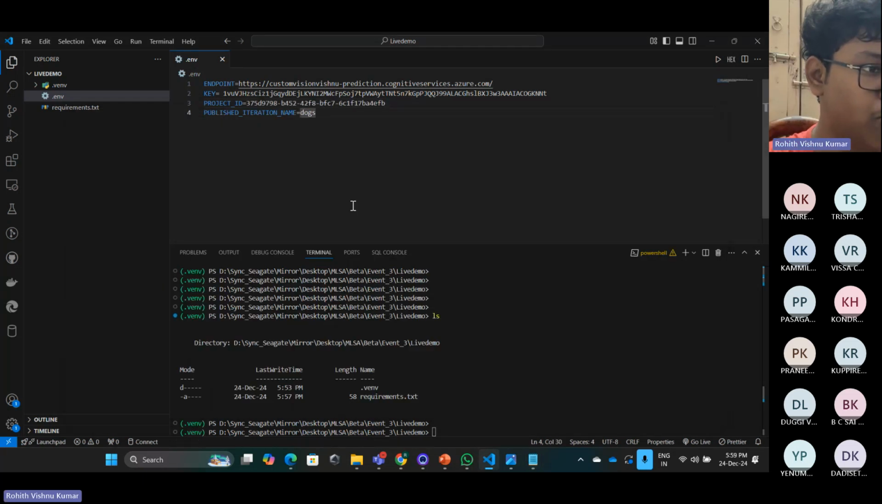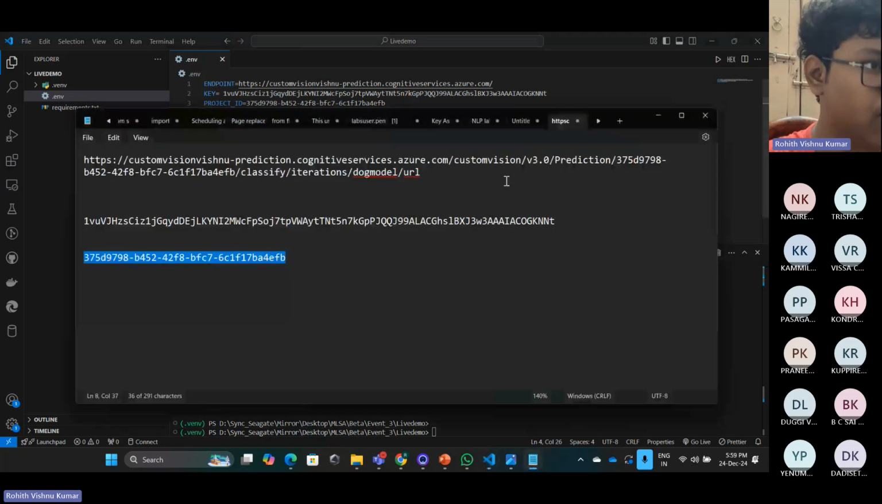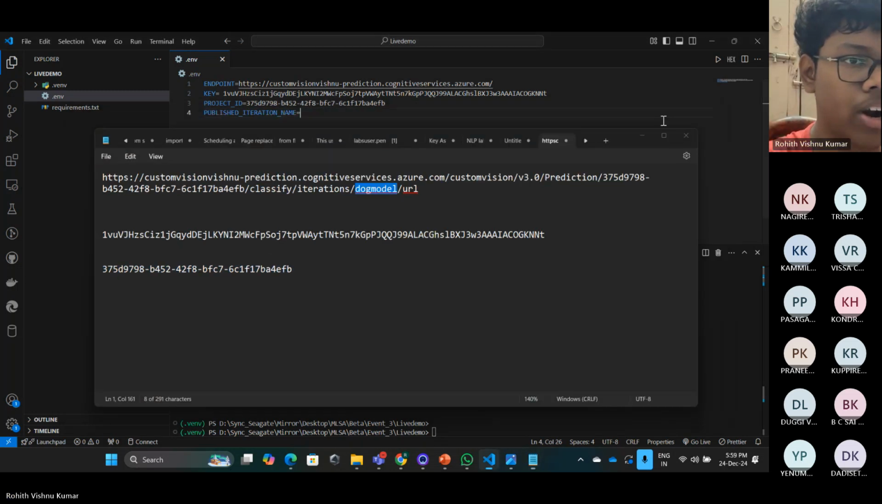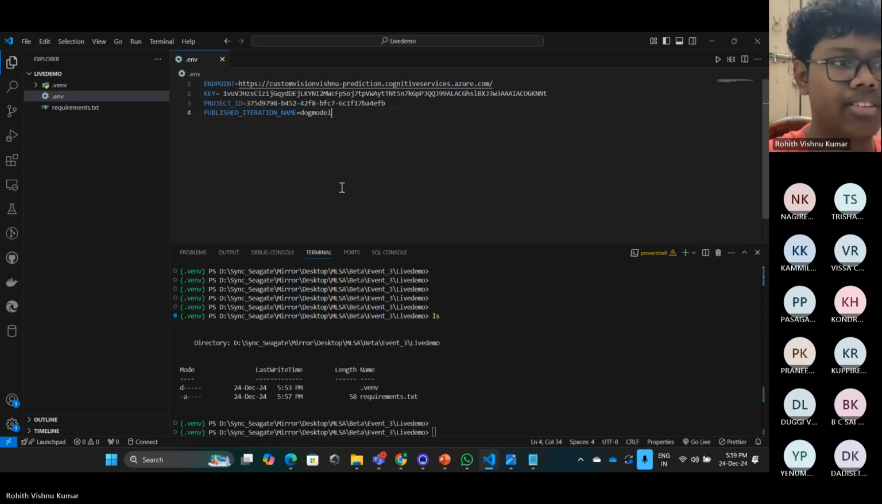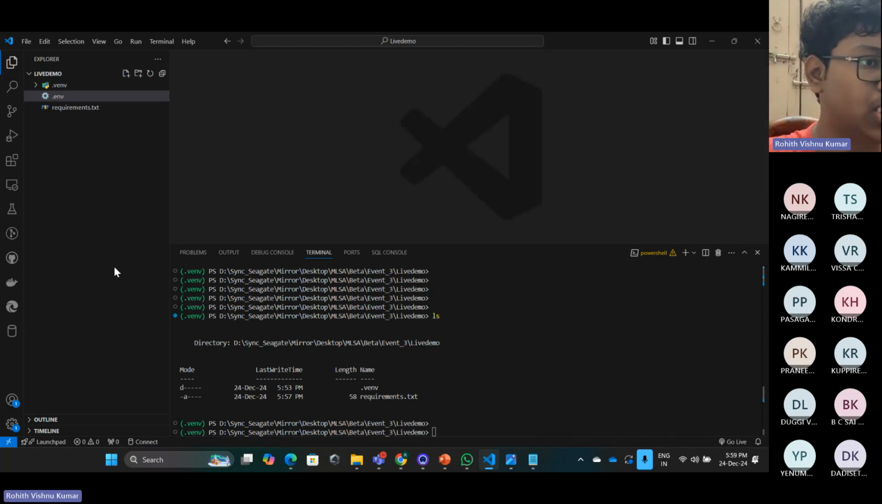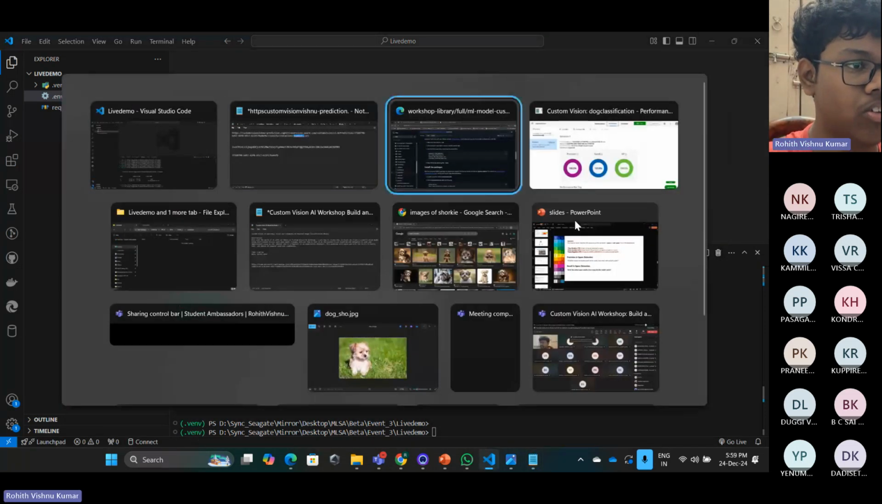And the published iteration name is not dogs by default, but I think we have published that as dog model. If you are unsure which iteration name we have used, you can also see that in this link. Dog model is our iteration name. Just copy that and paste it over here. I think the .env file is ready. And the next thing is